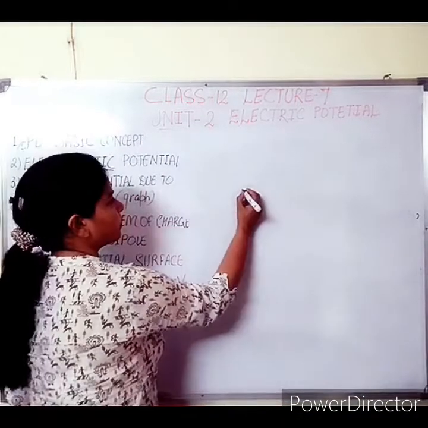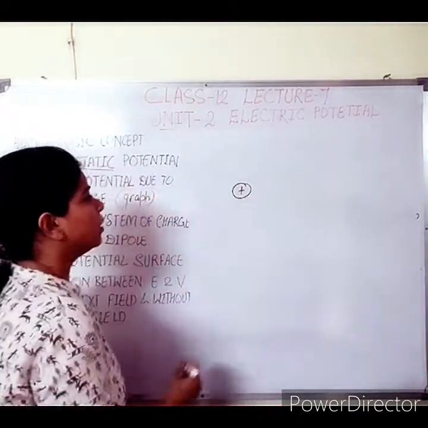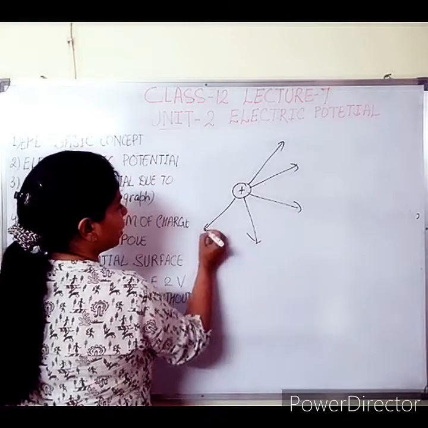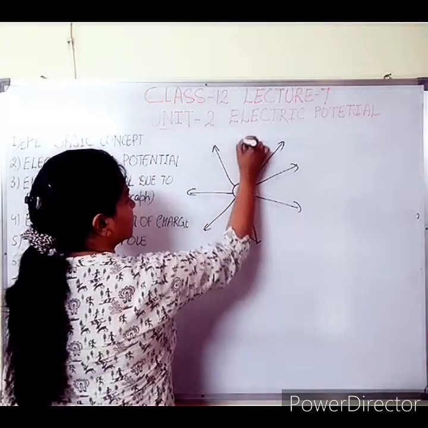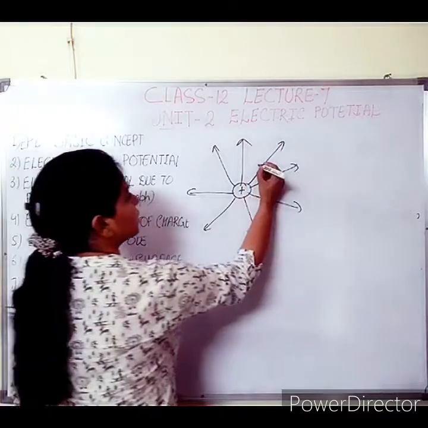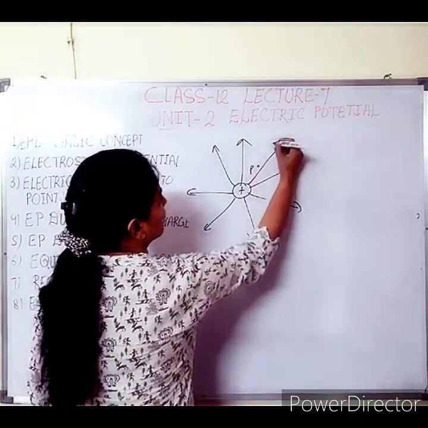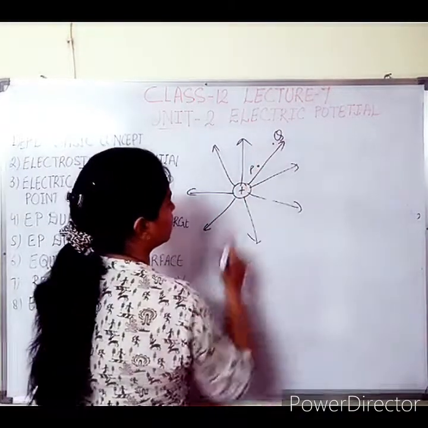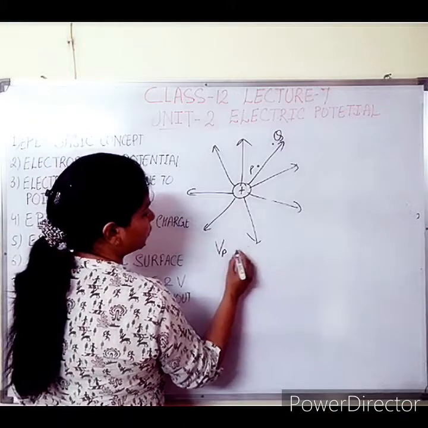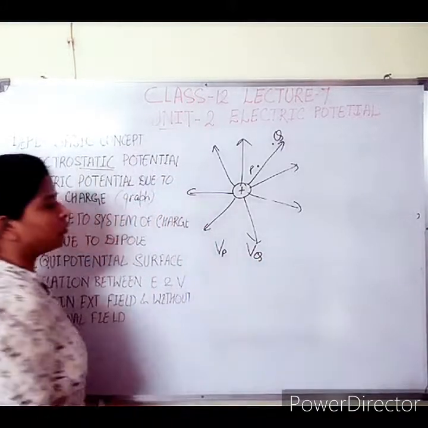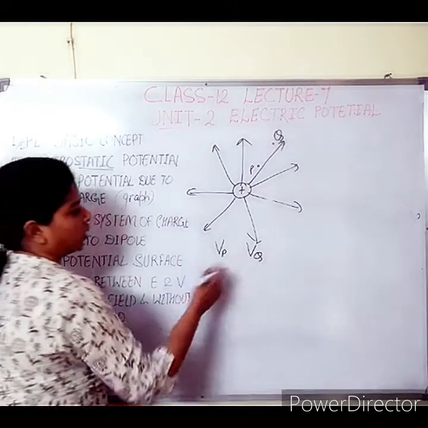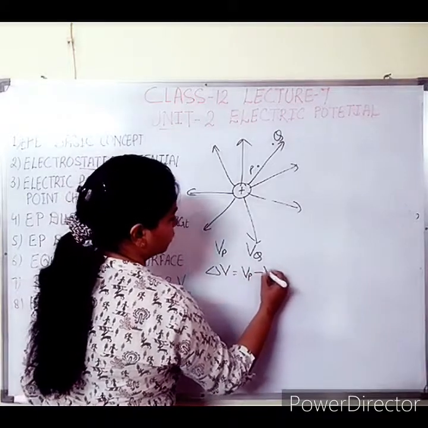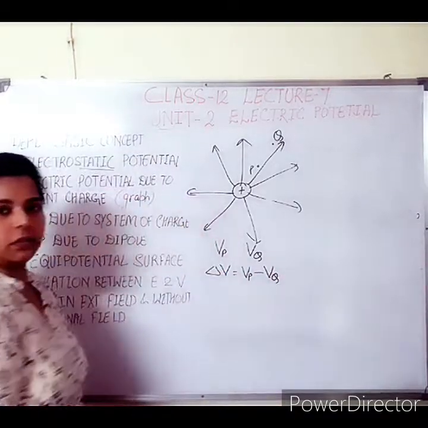Now take the case, this one is a positive charge, and electric field lines are emitting out of the positive charge, you know this, and one point is P, another point is Q. I want to ask one question here: is VP greater than VQ or VQ greater than VP? Or I can ask this question in this manner: the potential difference, that is VP minus VQ, will be positive or negative, first case.